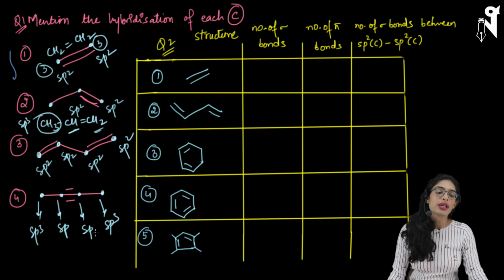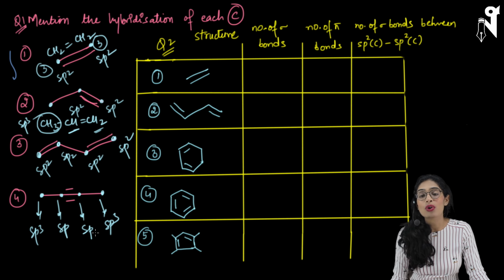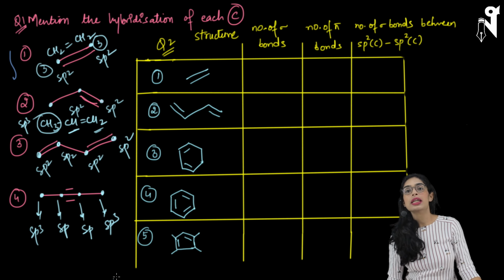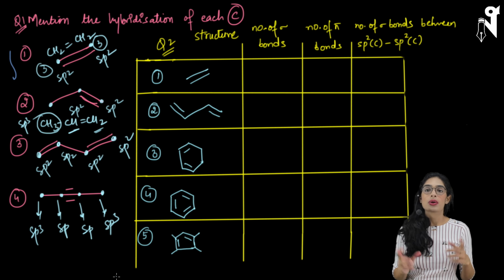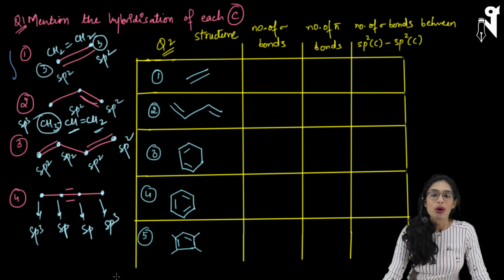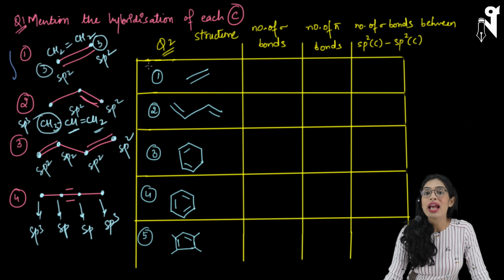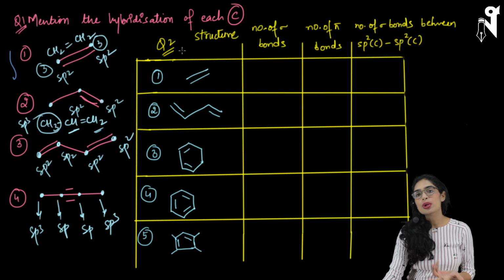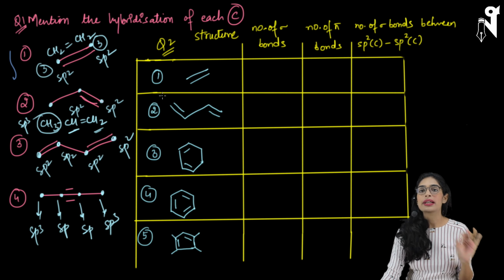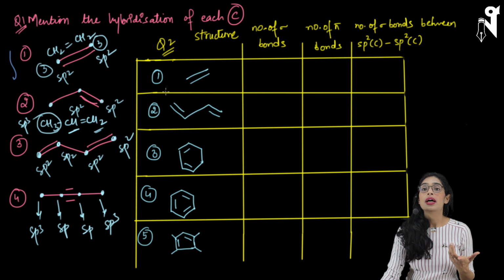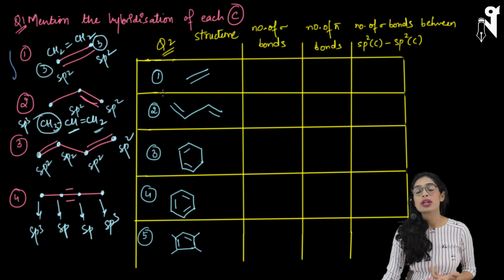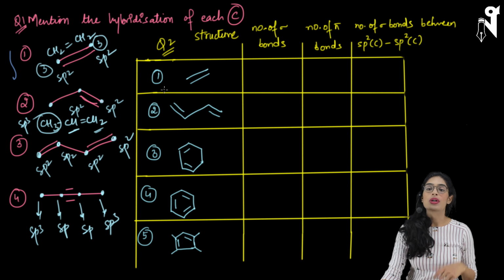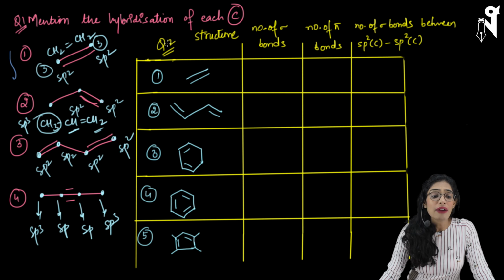So these are the hybridizations of these carbons, and I hope you have got it right. If there is any confusion or doubt, you can ask me in the doubts class. Now let's try out another question. Once you do it, I'll directly write the answer without explaining it. If you are still left with any doubt, as I'm mentioning again and again, ask me in the doubts group or doubts class. Here I have given you a structure.